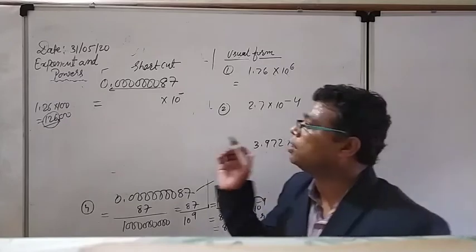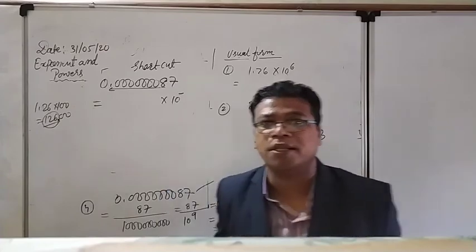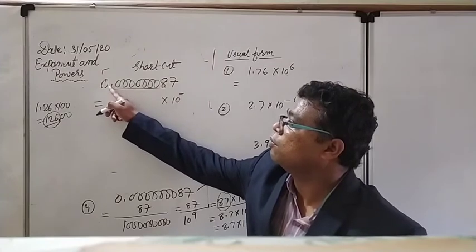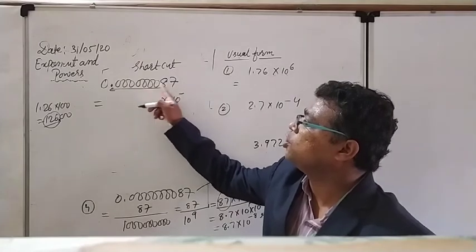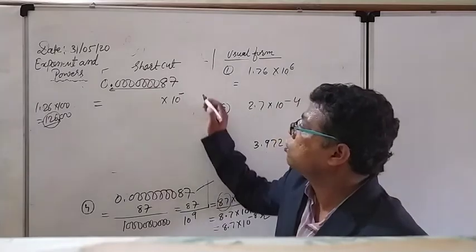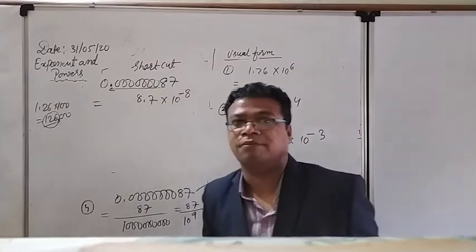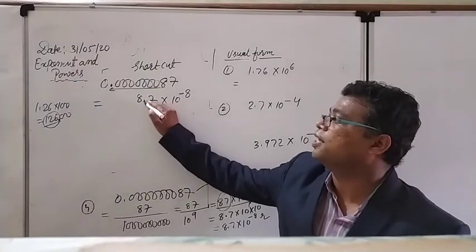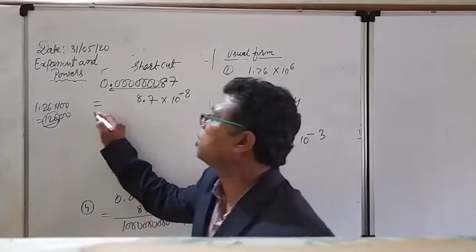So right now see what I am doing. Count the things, 1 2 3 4 5 6 7, 7 zeros are there. And one particular digit 8 is also there. And that 8 will move to the left hand side of the point. So how many digits are going on that side? 7 zeros and the 1 digit 8. Total 8 things will transfer there. So 10 to the power minus 8. And directly I can write down 8.7. I am not counting the 7 here, because that 7 is already coming after the point. See, so many questions I can solve here.